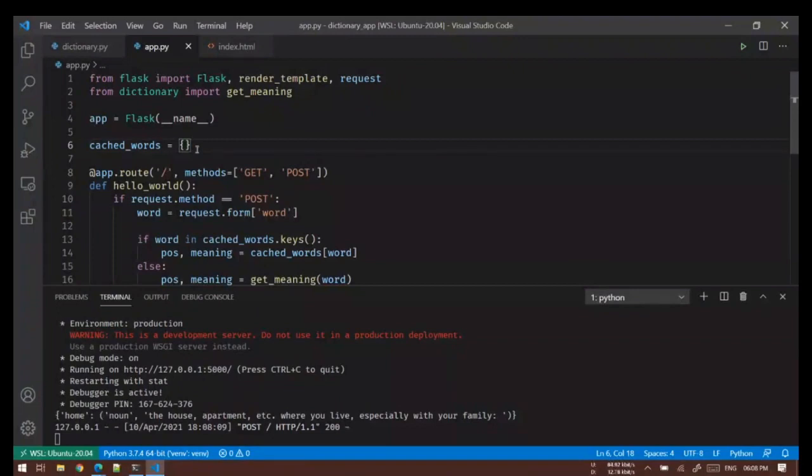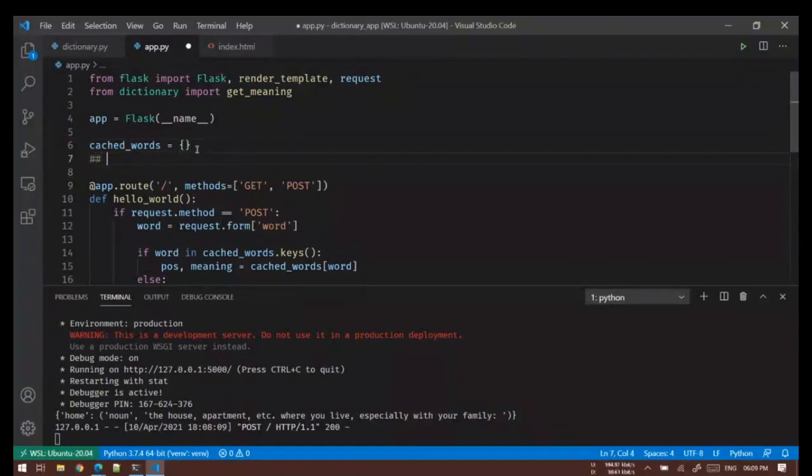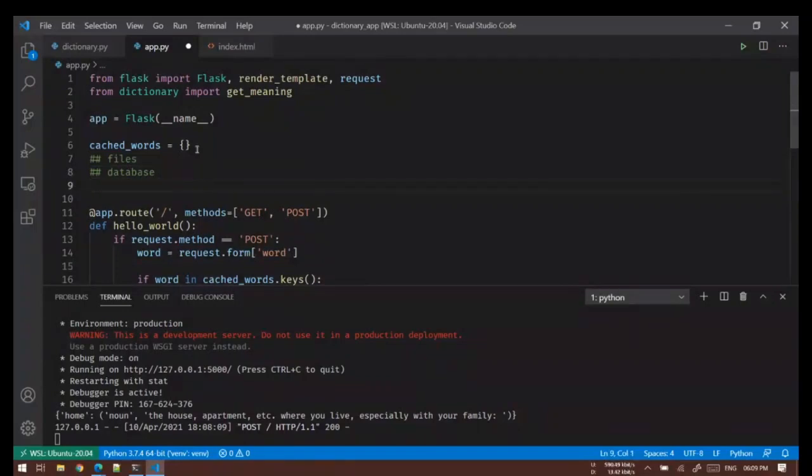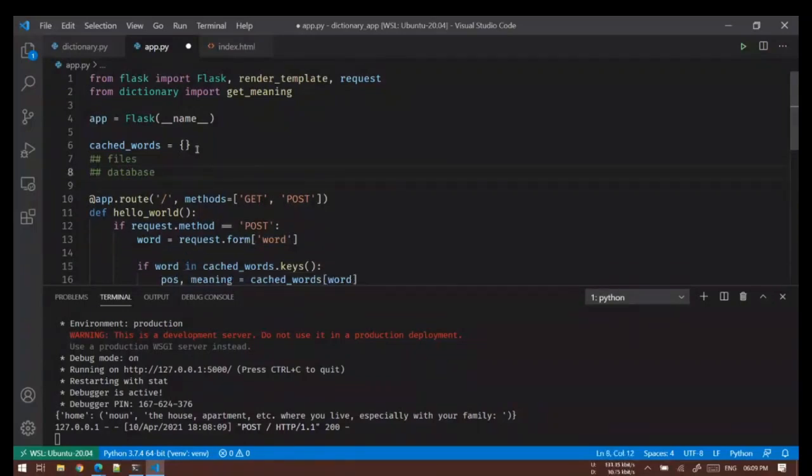Every time a Facebook server or Google server is restored or restarted from maintenance, they don't want all their web pages to get lost directly. They don't want all their profiles to get deleted. And that is the reason why people make use of persistent storages. An example of persistent storages: you can use files or you can use databases. These are two examples of persistent storage.